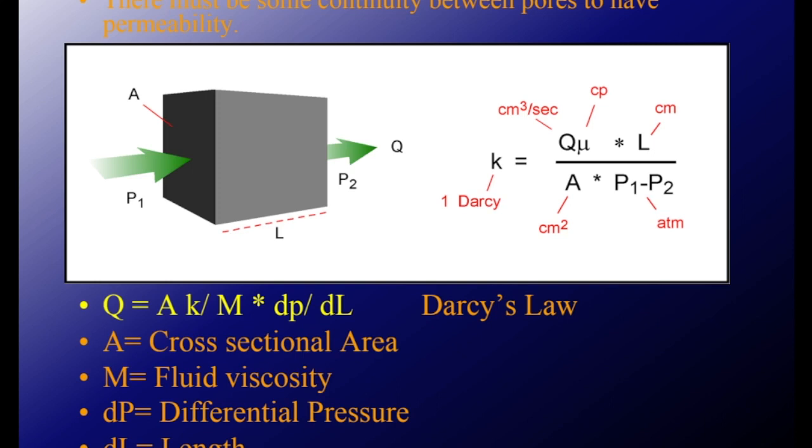The second important thing here is permeability. I know we defined these two terms before. However, now we are presenting the formula and so on. So permeability can be calculated if you know two main things: flow rate and